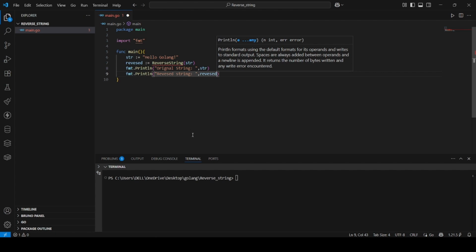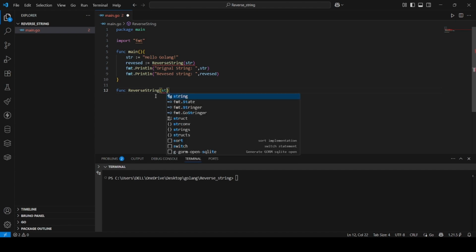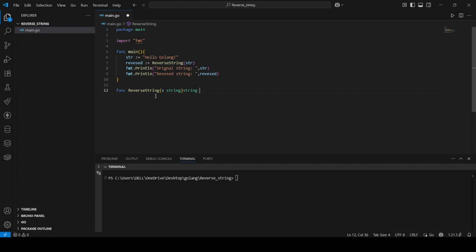Okay, here we have written the reverse string function. This reverse string function takes the argument as a string and outputs also a string. Okay,